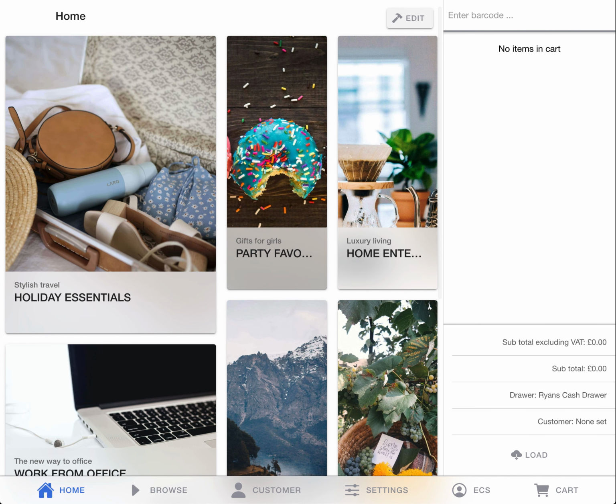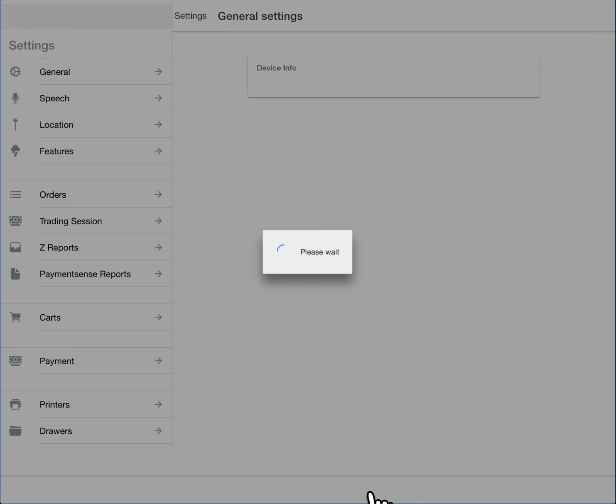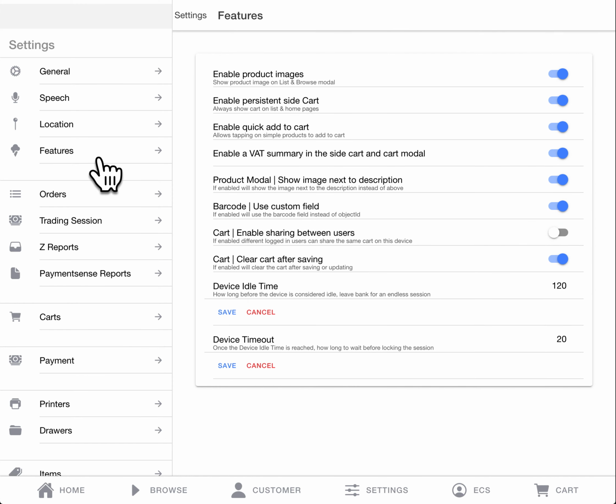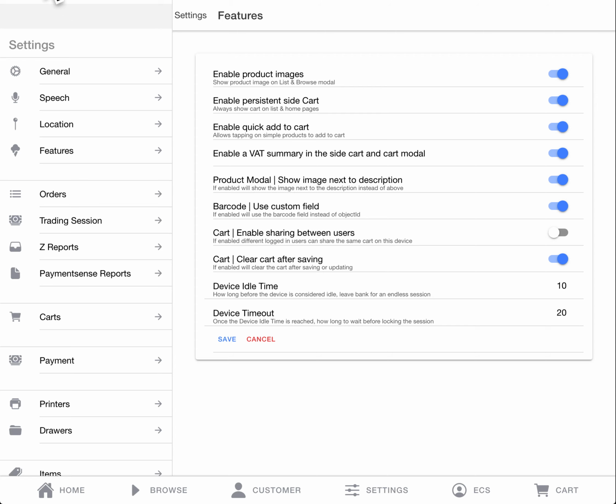So next, I'll just show you some settings we've got here for timeout, because you can see the full process here. So if I go to settings and features, if I was to leave my till for 2 minutes, it would time out. Let me just change this to 10 seconds so we can see how this looks. If I save this, and I'm just going to refresh my page,